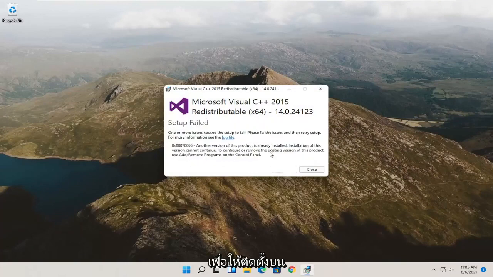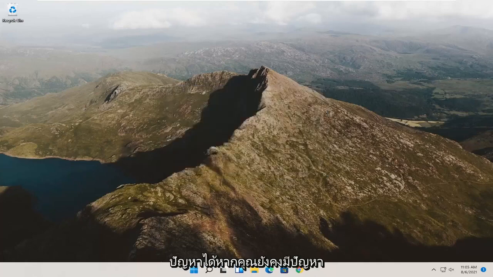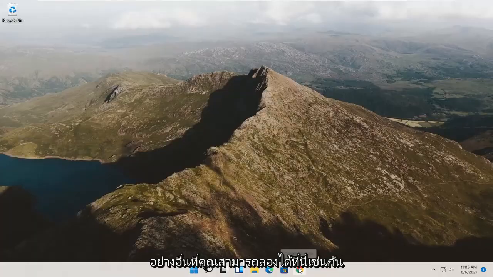So it's already installed on the computer, so that's why we don't have to go through the installation process. But if it wasn't, follow along with the on-screen prompts and then restart the computer, and then hopefully it would have resolved the problem. If you're still having a problem, something else you can try here as well would be